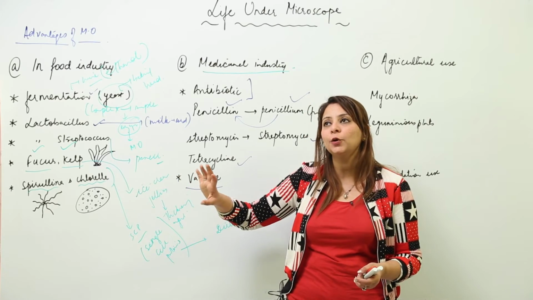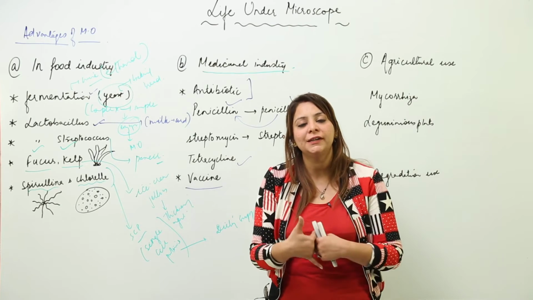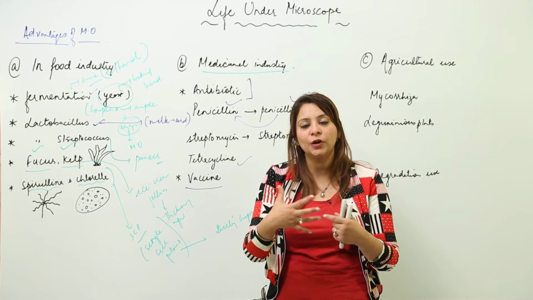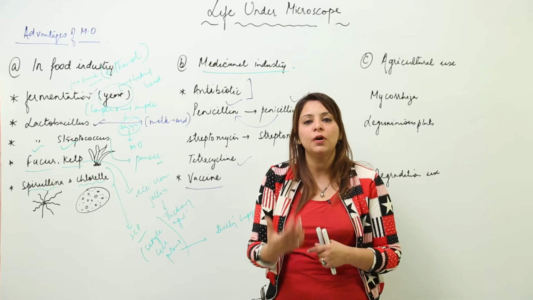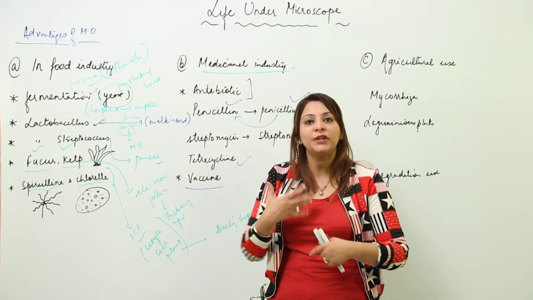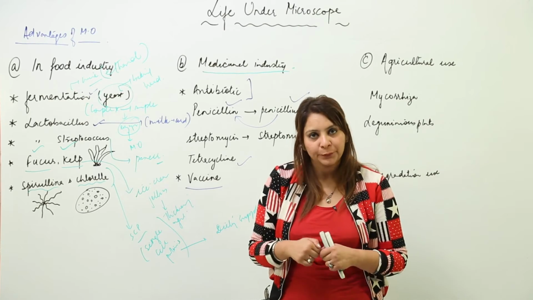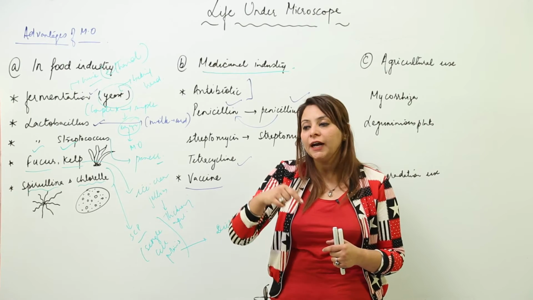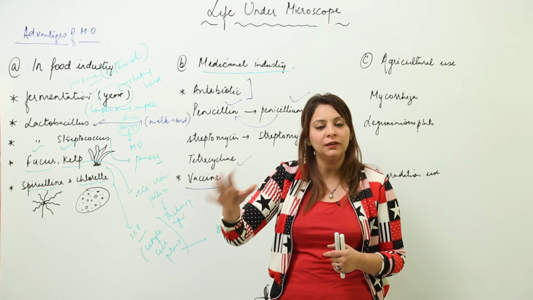This is the self mechanism of any body, that whenever any foreign particle enters your body, that particle is regarded as a foreign particle, and in response your body tries to protect itself. How? By synthesizing antibodies within the body, and those antibodies are capable of making that foreign particle harmless.